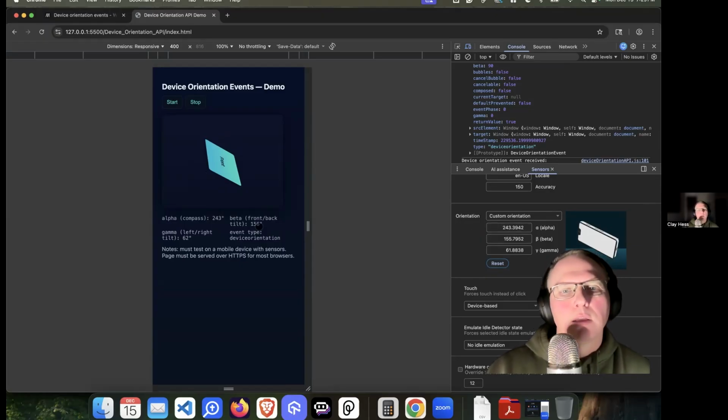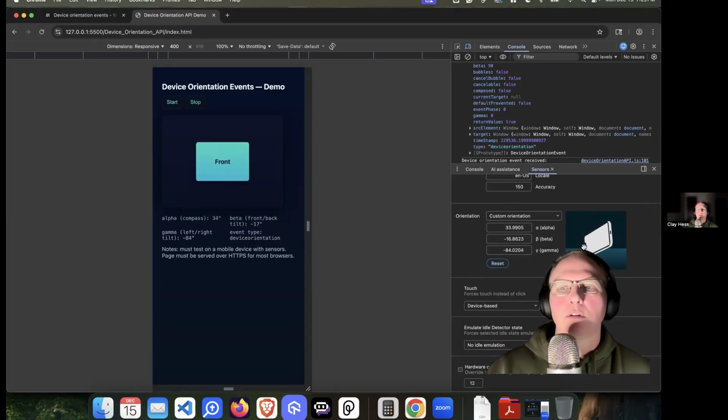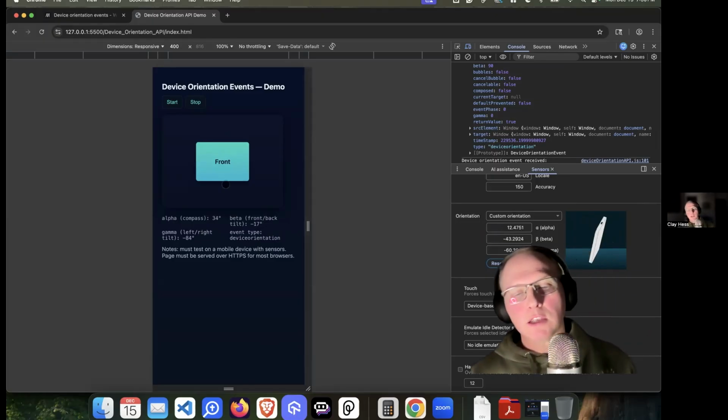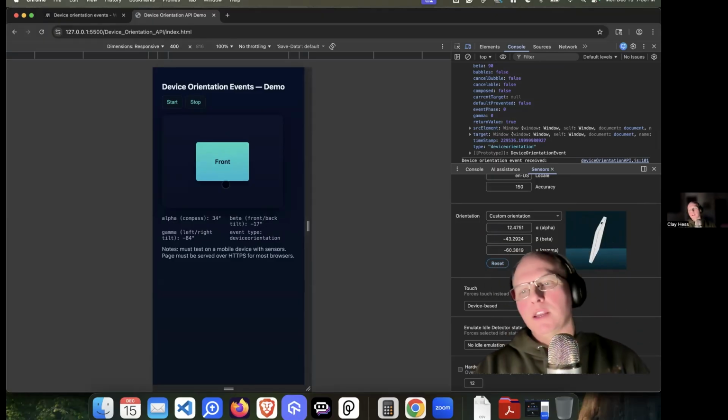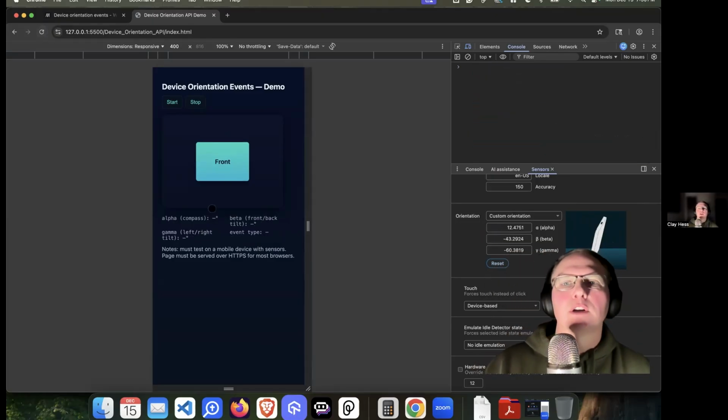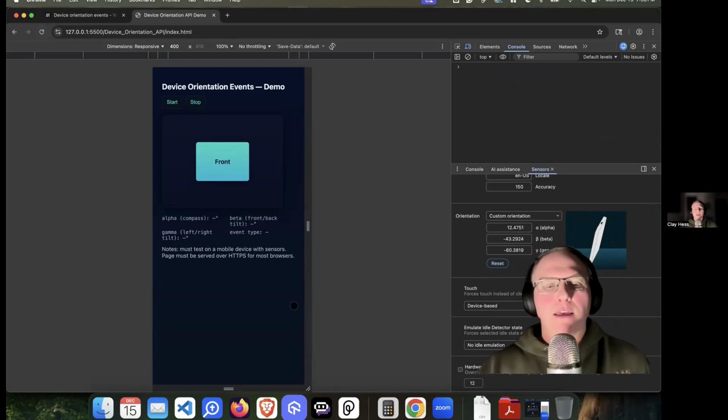So it's rounding 156.62. So you can see how that's all working. If I stop it, it'll go back to normal and nothing happens. Okay. So let's take a look at the code and see how this is working. Then I'll jump back here and just refresh and show you again how this works so we can tie it